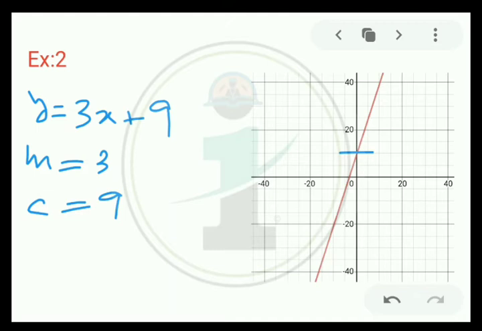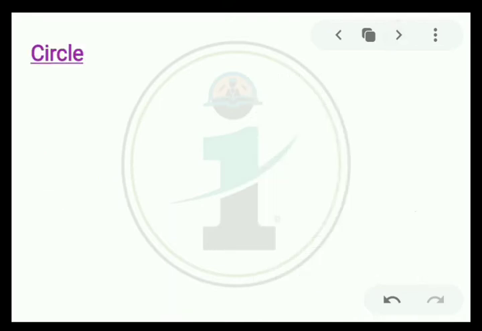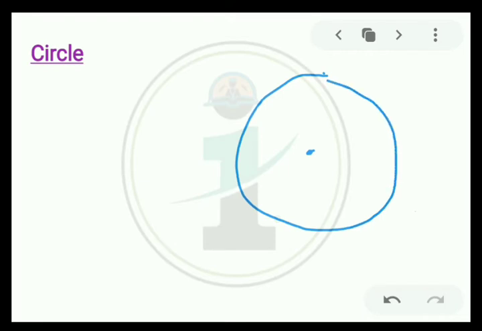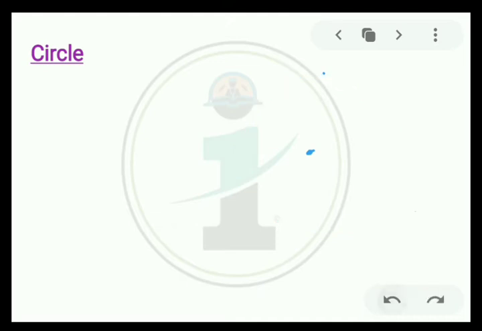Let us move to the next diagram, which is the circle. What is a circle? A circle is a moving point that makes a locus and moves around a fixed point, keeping a fixed distance. That is, if I select a point here and some other point moves around this fixed point, keeping the distance the same, it will provide me a circle. So this is what the circle is.